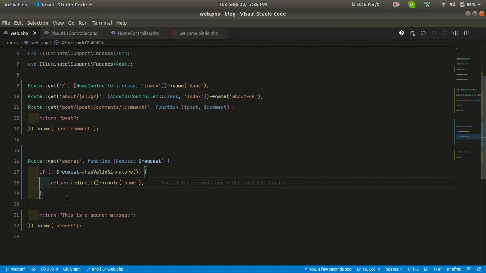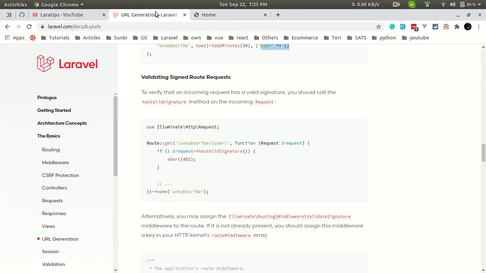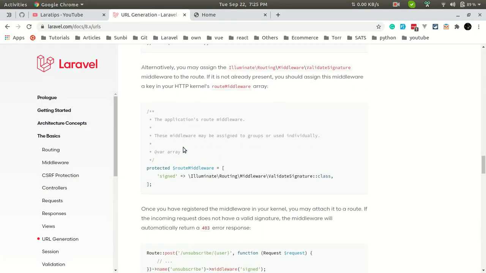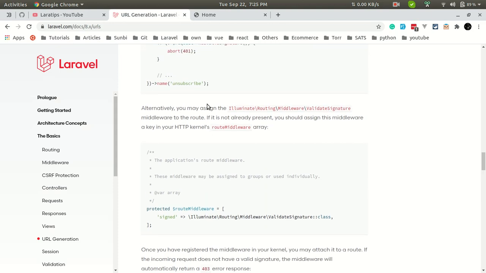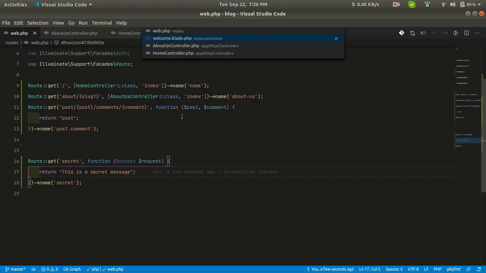Also, instead of all these, you might want the same feature for many URLs. So in every URL it is very cumbersome to check an if condition and do something again. Checking the if condition in every URL is not a good way of doing it. So what we can do is create a middleware. If you don't know about middleware, you can watch my previous video. It is also mentioned in the Laravel documentation, but the good thing is the middleware is already present in the default Laravel project. So we just need to copy this and go to the